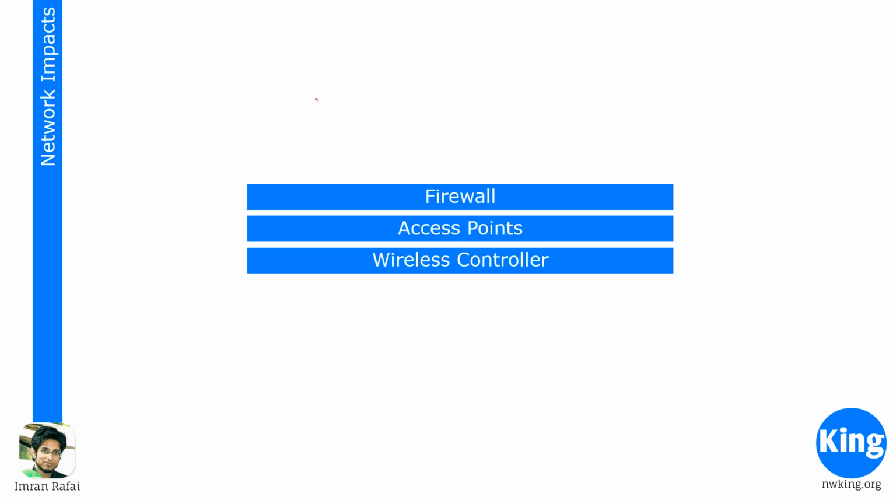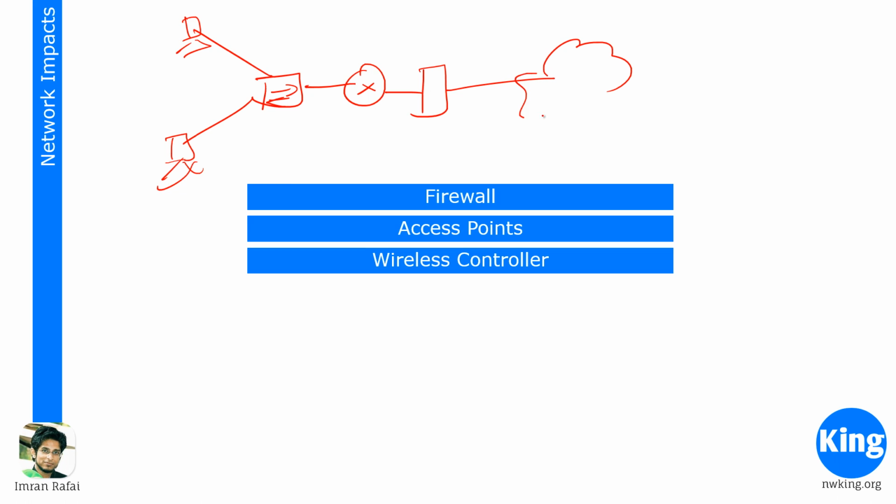So let's say you have a network, and let's say there is a switch here, right? And then you have your router, and then these devices. Okay, now a firewall is a device that typically sits between your network and the internet, right? This is the firewall, and what it does is it does not allow traffic to come in from a low